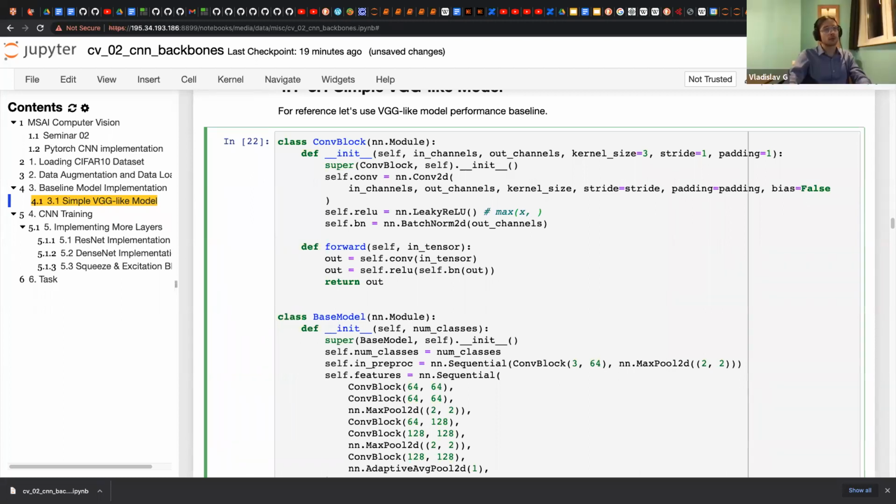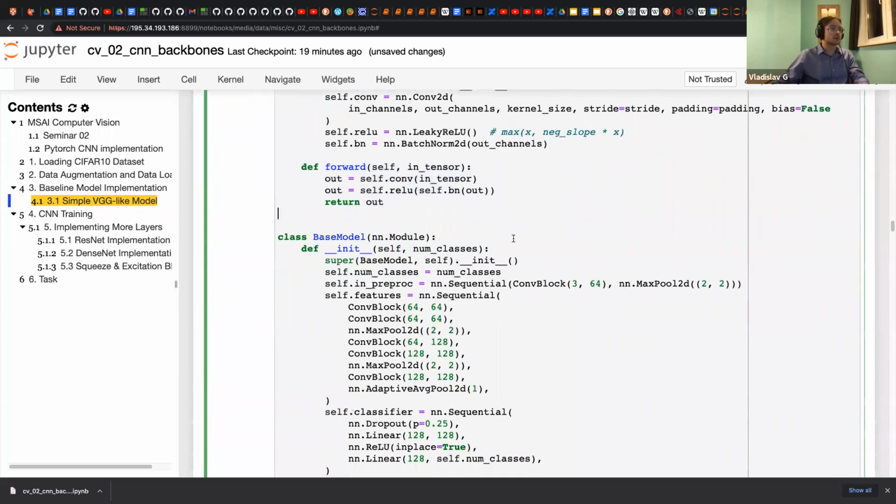Okay, yeah. And it's negative slope multiplied by x. Yeah. So it is two linear functions, and that's how it is constructed. Okay. Then we apply Batch normalization, and in forward step we just move it one by one.